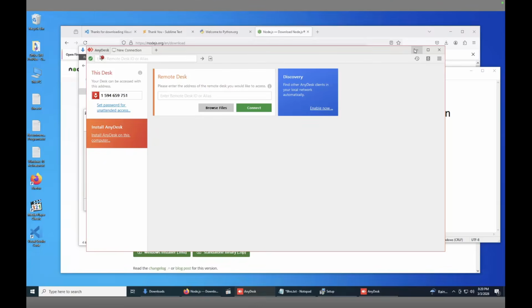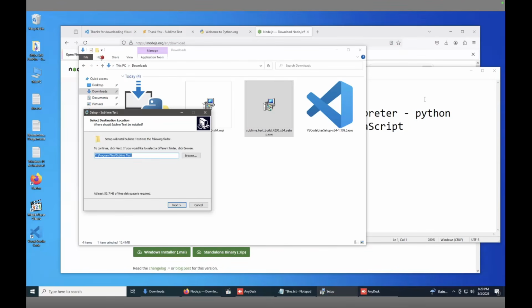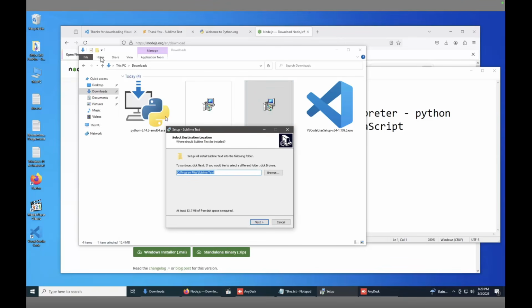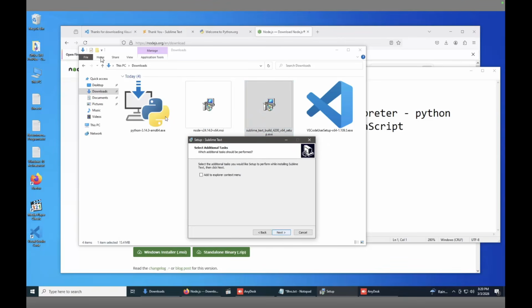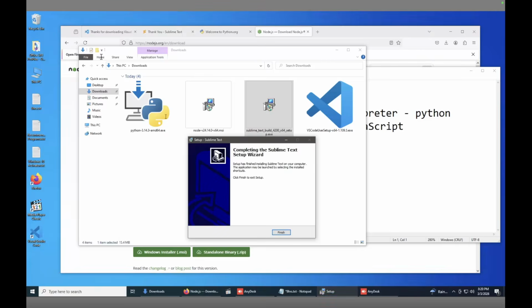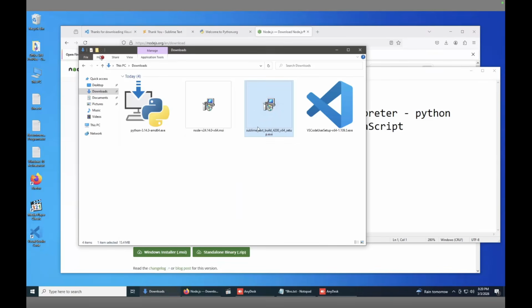Okay, we're back. So I've just double clicked on Sublime Text, and I will click next. I will click next. I will click install, and wait for it to install. I will click finish. Sublime Text is installed. We go next to the Python interpreter. So I'll just double click on it,